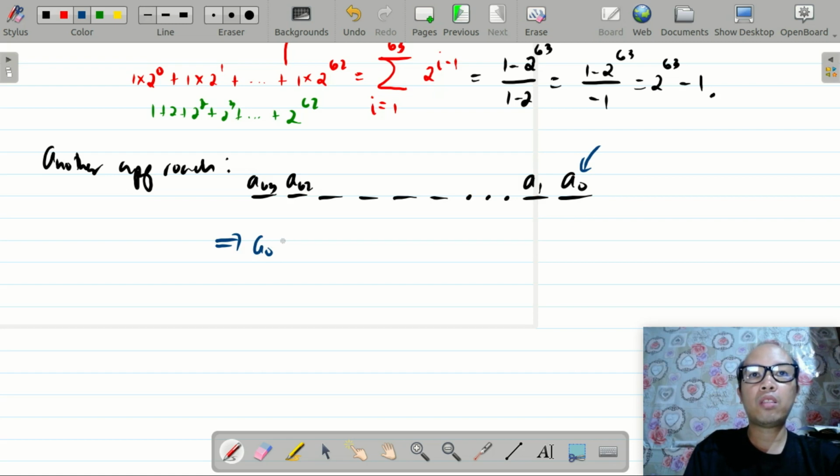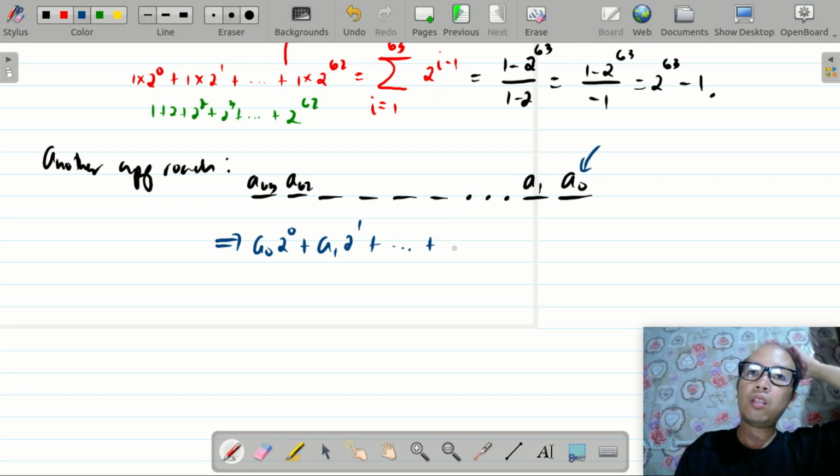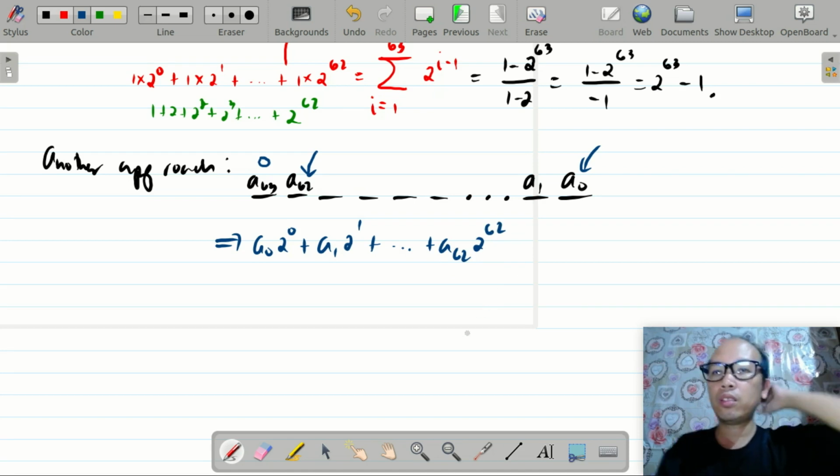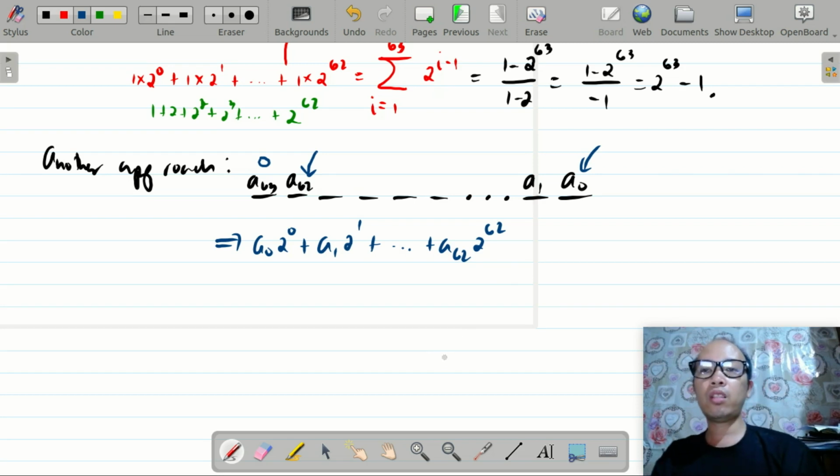We know that it is a sub 0, 2 to the 0, a sub 1 for the second digit, 2 to the 1, and so on, up to we'll stop here. Okay, since this is a positive integer, so is 62, 2 to the 62. So notice that in this illustration,